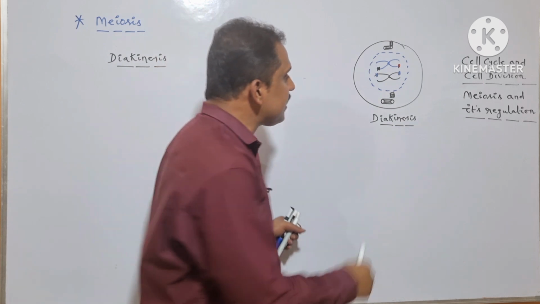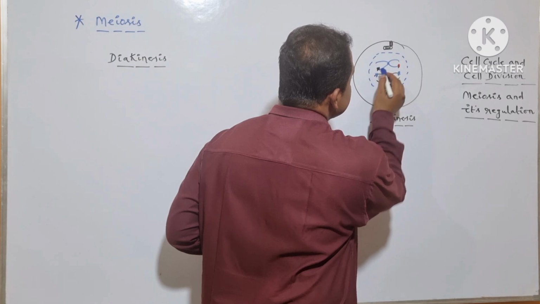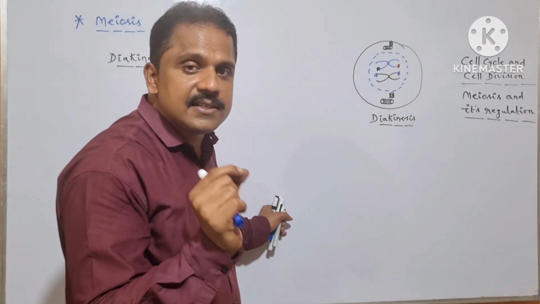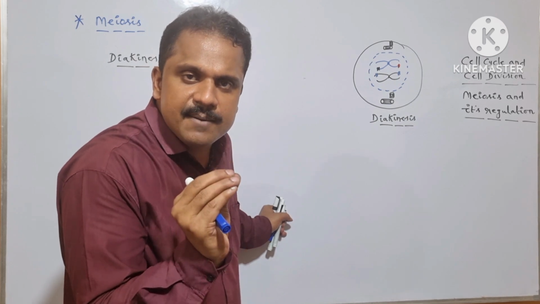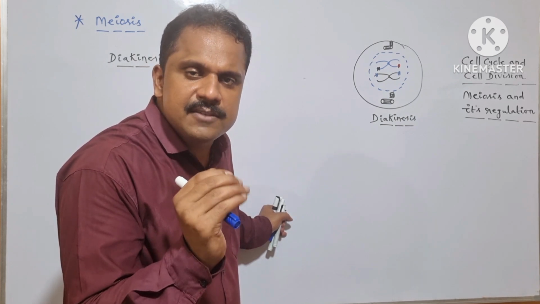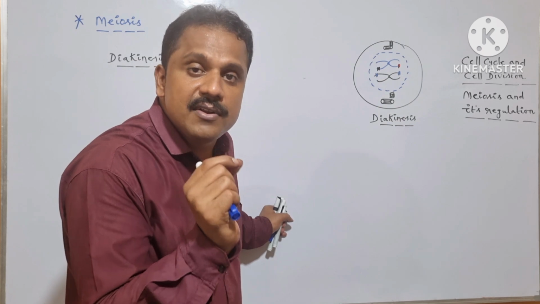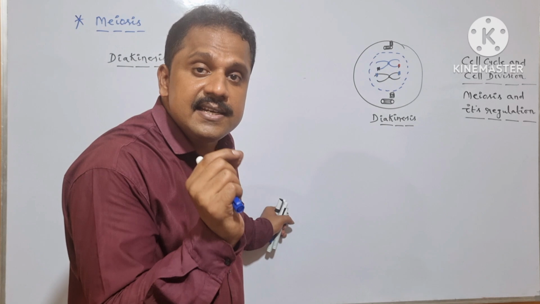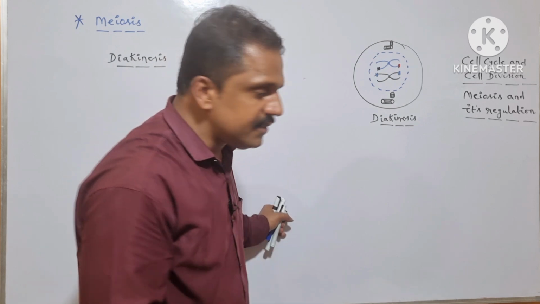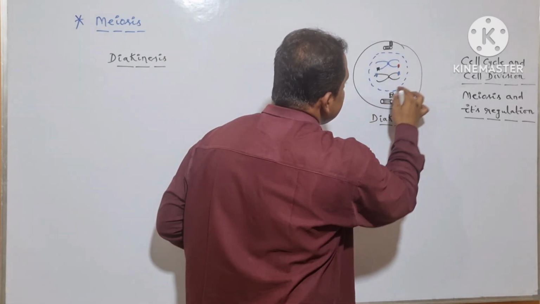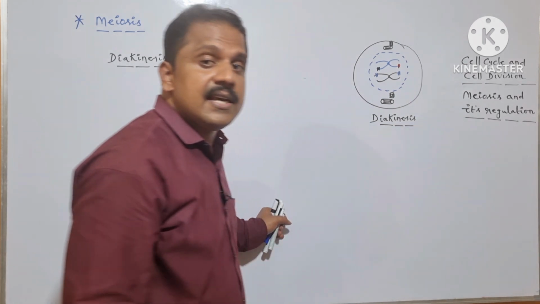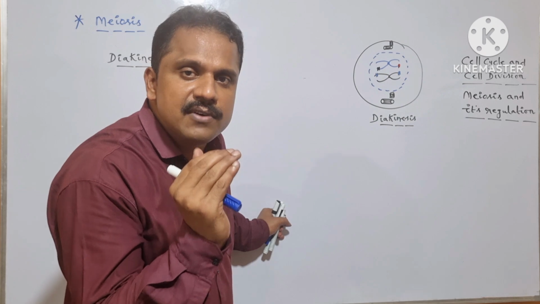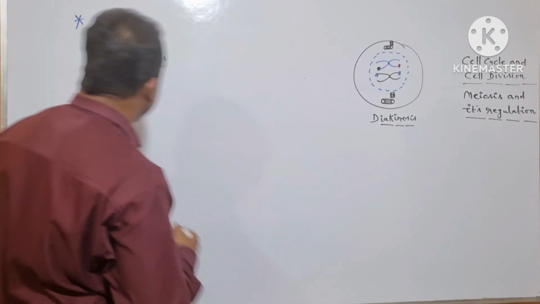Is it clear? The X-shaped structure responsible for regulating the crossing over between the non-sister chromatids of homologous chromosomes is termed chiasmata. The chiasmata disappear during diakinesis. And in addition, during the diakinesis stage, the disintegration of the nuclear envelope takes place, and even the subcellular organelles like the nucleus and nucleolus disappear. Is it clear? So let me write it on the board.